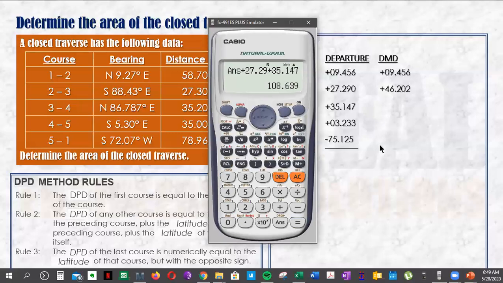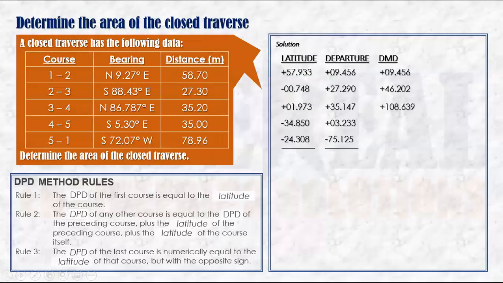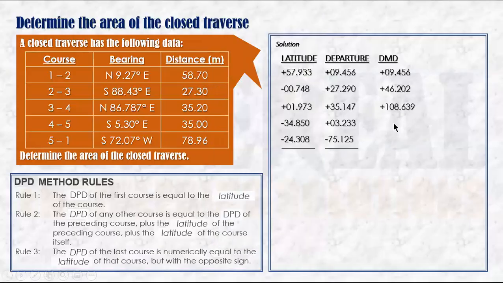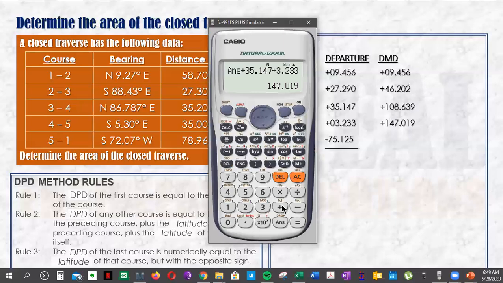Okay, and that is 108.639. And next, the DMD of the next course is the answer plus the departure of the preceding course, 35.147. The next is plus 3.233. So that is 147.019. So that's it. And if we proceed, answer plus this 3.233 plus minus